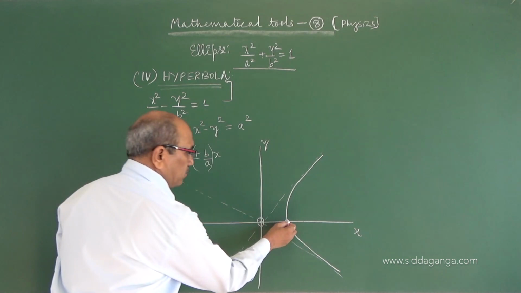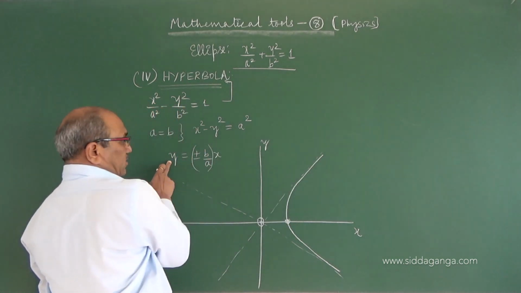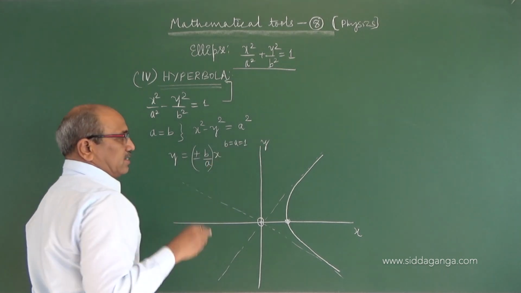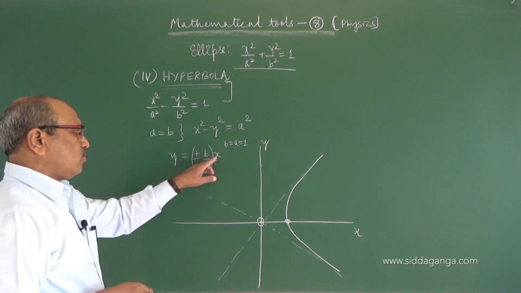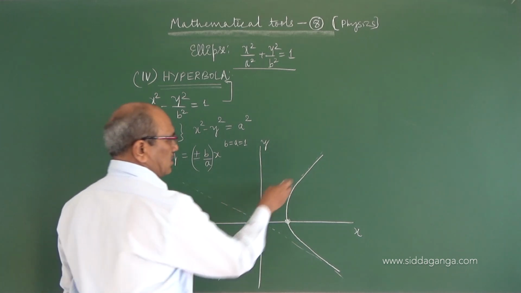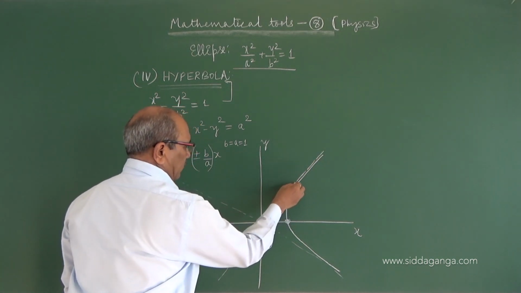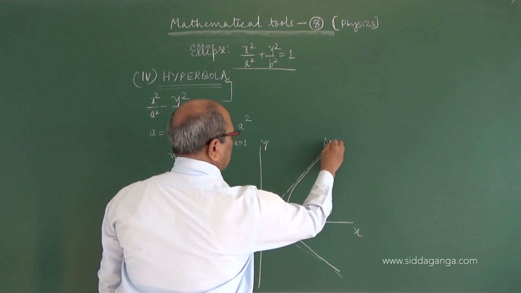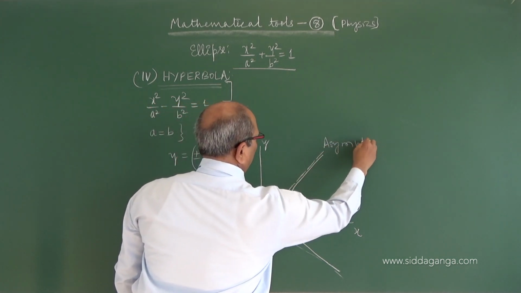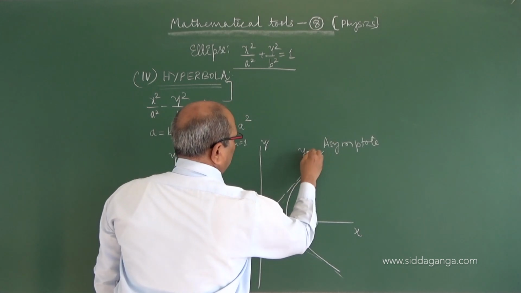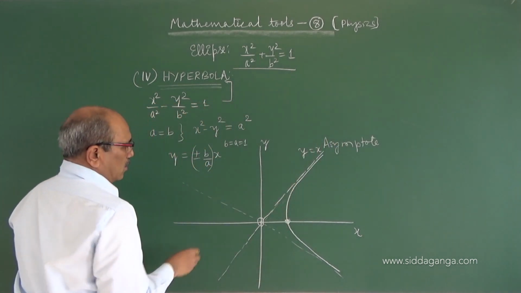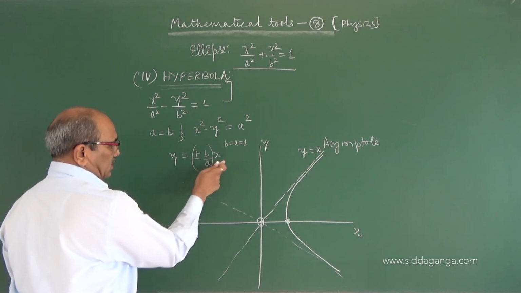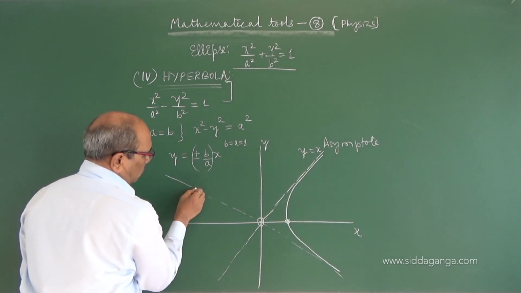This is the vertex of the curve, where I take y is equal to x if b is equal to a is equal to 1. A simple case: if I take b equal to a equal to 1, y equal to plus x. So you have a line here. The curve can extend up to that, so it is called an asymptote, y is equal to x. And similarly, if I take y equal to minus x, we get another asymptote.